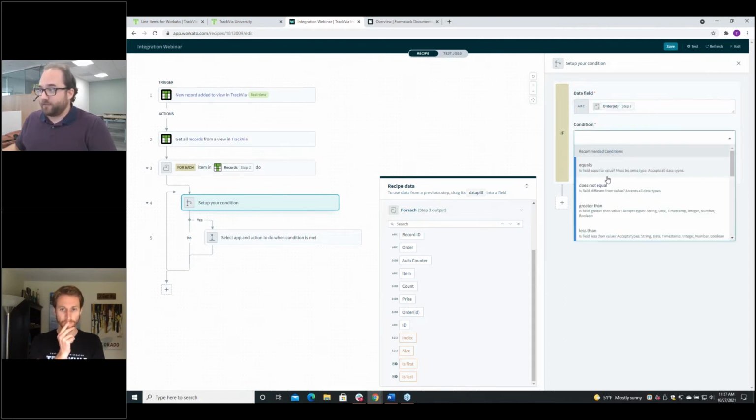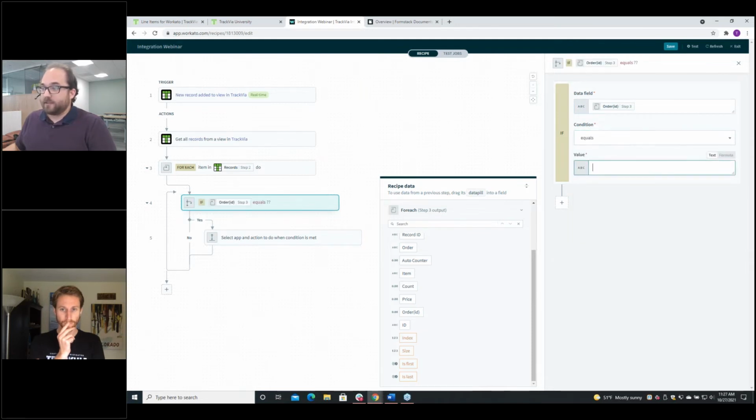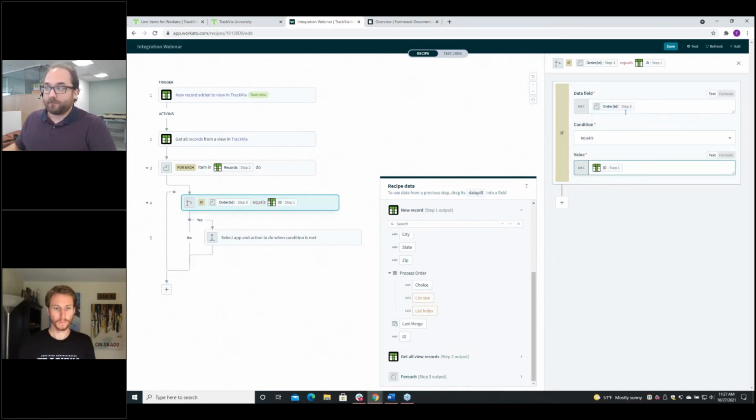And then I'm going to compare it to, I'm going to say equals exactly, compare it to going back up to step 1, and then on step 1, I'm going to say ID, because that's that same field. So here we're looking at it through a parent relationship, and then here we're looking directly at it on the parent. So what this means is that for each of those child records in the second step, we're going to loop through them and check to make sure that the order that they belong to truly is identical to that first step order. So we'll get no false positives there.